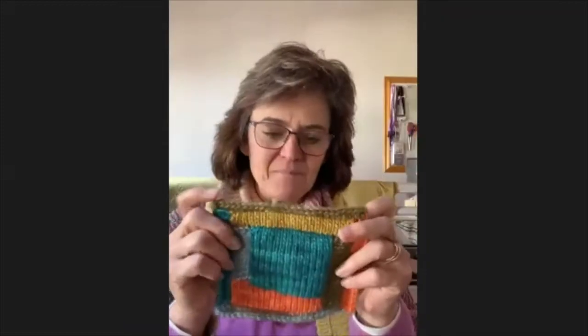So as Bridget said, I started off with the Aran yarn. It is such a beautiful, soft and cuddly yarn. And with my little samples of wool, I knitted up a little log cabin square. And then when Bridget had her sale two weeks ago, I think it is, I bought myself...